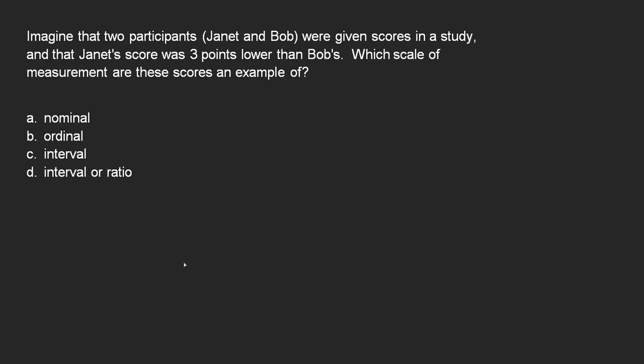Imagine that two participants, Janet and Bob, were given scores in a study, and that Janet's score was 3 points lower than Bob's. Which scale of measurement are these scores an example of? Okay, so the basic idea, the basic division that you can look at always with nominal, ordinal, interval, or ratio,